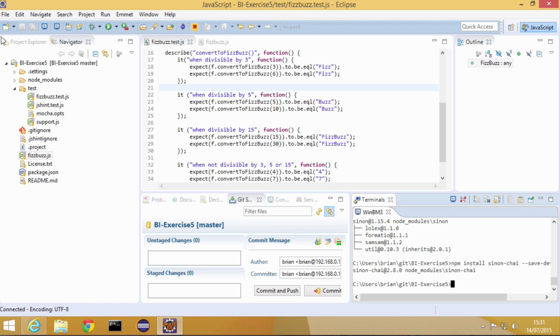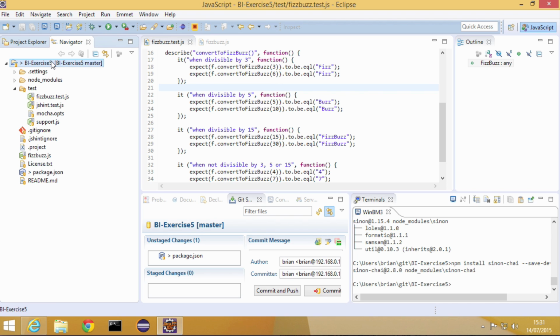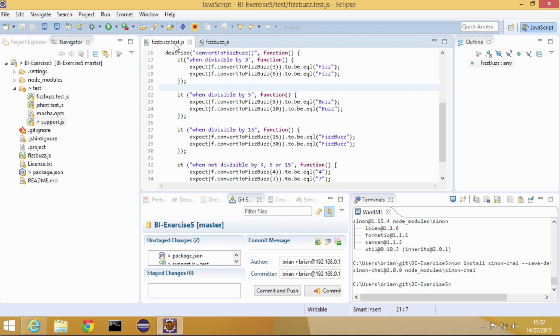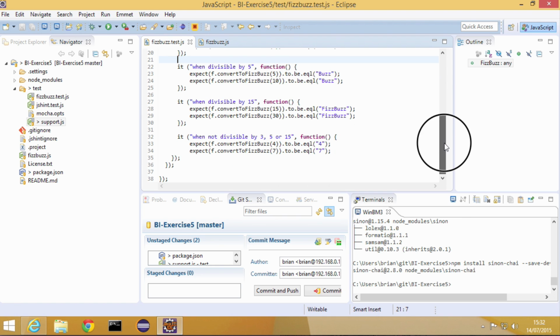So we've added those two new requirements, so F5 to ensure that they come into the Eclipse environment. And then we've got to go back into support.js and bring in the new library and also configure it within the tests. So there we go, that's now completed. So then in our test suite,